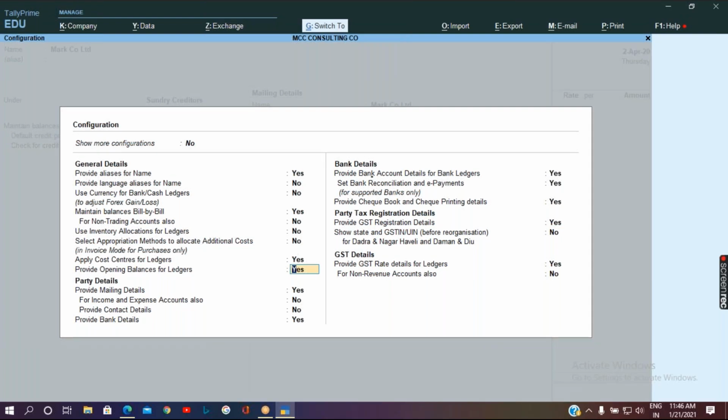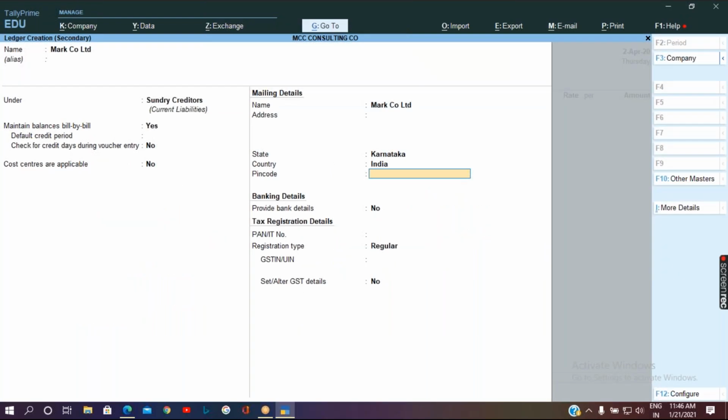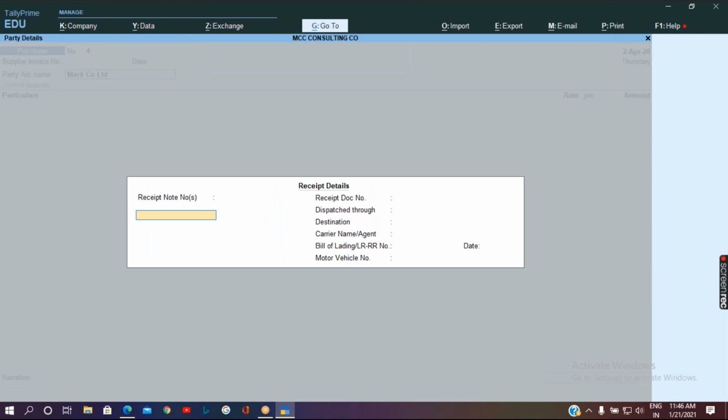Make it yes and accept it. You can see cost centers are applicable. Here it has been taken as no by default, so I'll accept the screen. As I said, we have enabled only the revenue items option. Revenue items are only related to purchase, sales, then income and expenses ledgers.